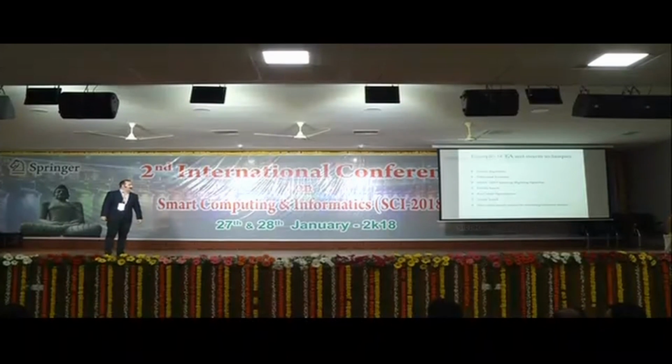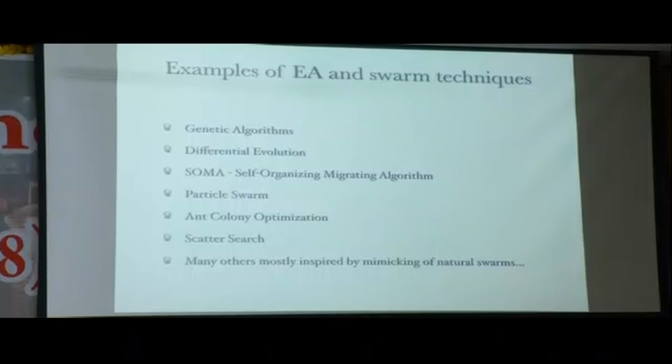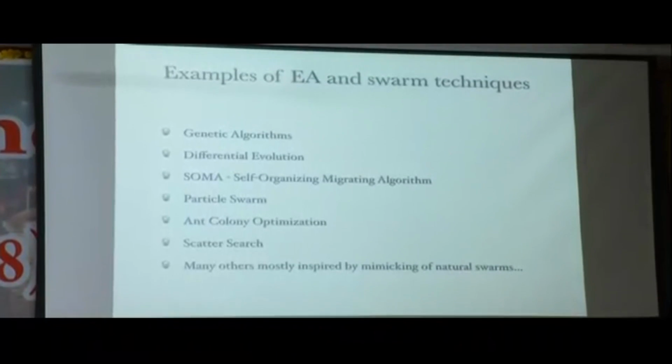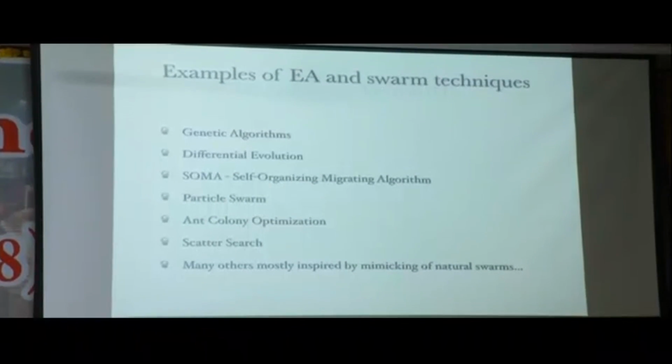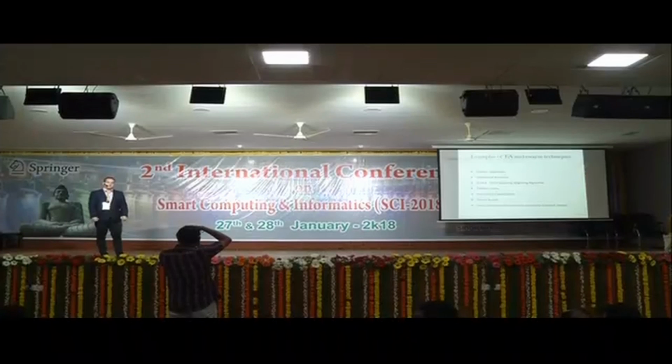Differential evolution is one of the most potent heuristics now, the winner of many competitions. Then we have, for example, the SOMA, which was developed in my department, particle swarm, and ant colony optimization, which are very famous for solving, let's say, problems regarding finding the shortest path in the network and so on,